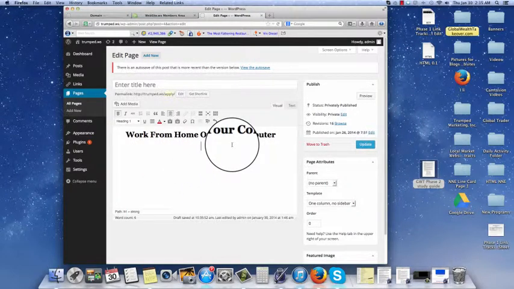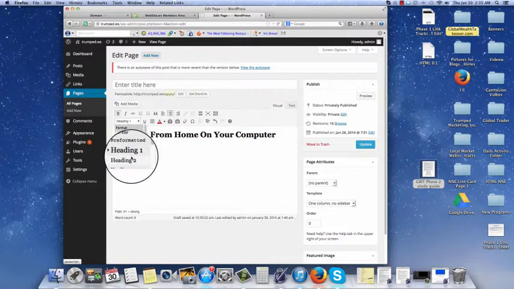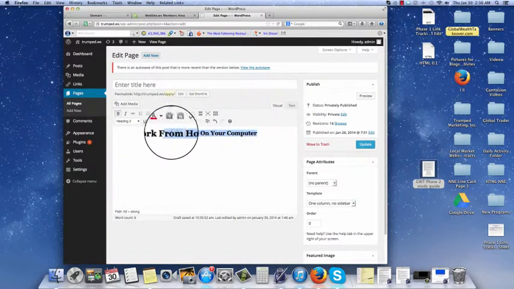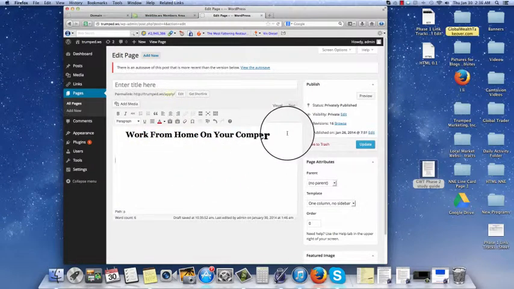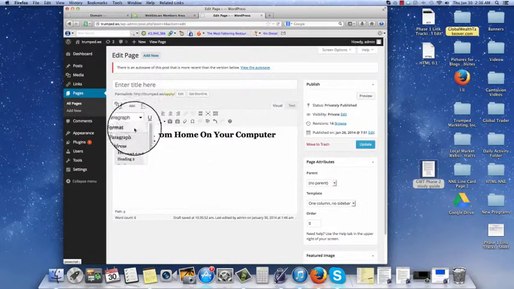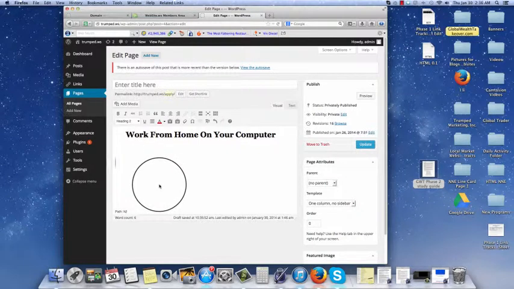And then we go ahead and go down to the next line. We're going to change this to heading 2. Whoops, go ahead and turn that to heading 1. Boom. Now we give ourselves a new line, create heading 2, okay? And this one will be, put the quotations, join thousands